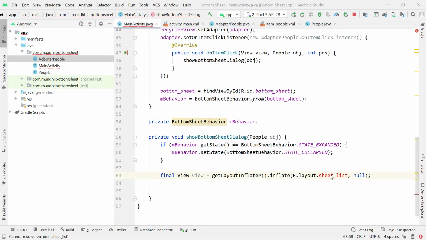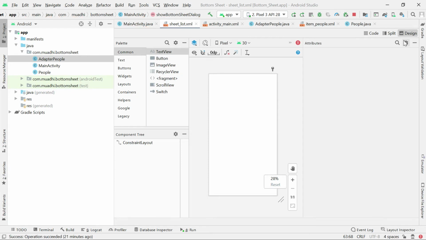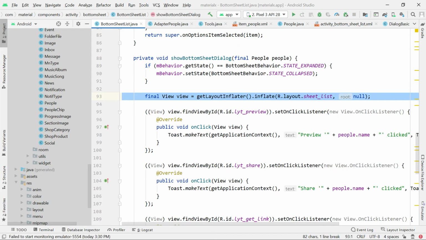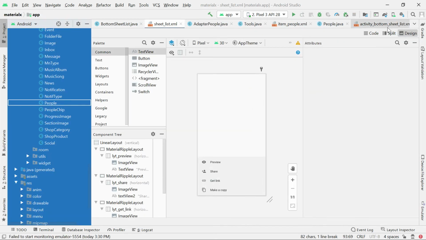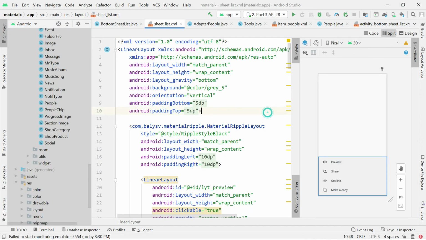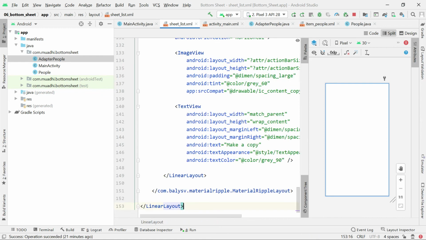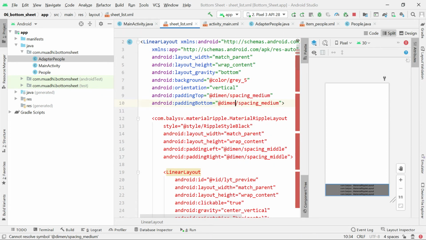So I'm going to create this bottom sheet list here. So there we go, and you can see it is here. I'm going to simply come here and press Ctrl and space, and I'll have the bottom sheet itself. So this is the bottom sheet that will be displaying on the screen when the user clicks on a preview list. It is nothing but a layout.